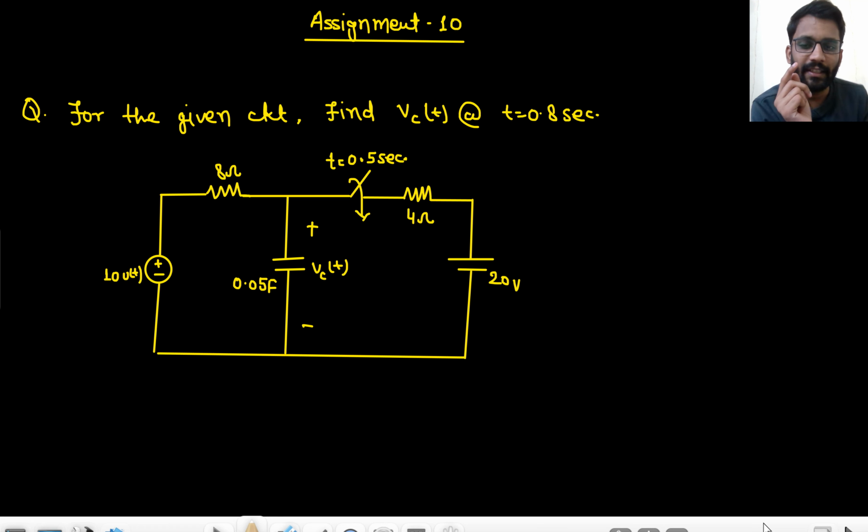You have to find the VC(t) value at 0.8 second. The switch is being closed at t equals 0.5 second. Okay. So what is happening for t equals 0 to 0.8 second? Because for t less than 0 this is not there. And for t less than 0 this is also not there because this switch is open. So we can analyze the circuit from t equals 0 to 0.5 second. Are you getting my point? This 20 volt will come into action after t equals 0.5 second, right? And this 10 volt is coming into action after t equals 0.